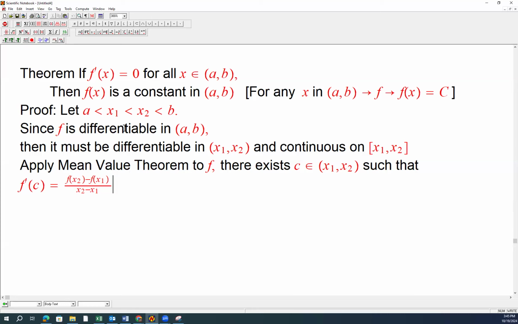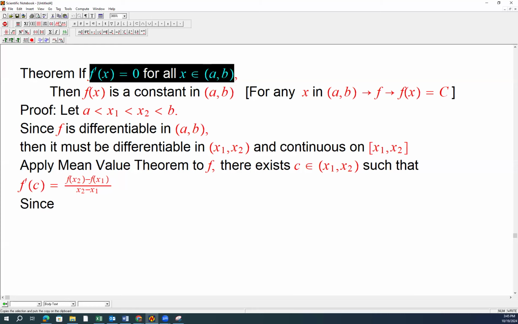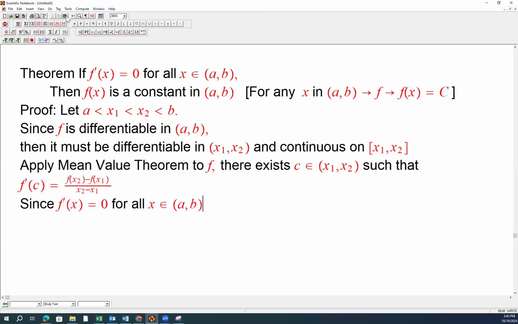Then because the derivative is equal to 0, since the derivative equals 0, then the derivative at c is also equal to 0. Since this condition is true for all the values in the interval, and (x sub 1, x sub 2) is a subinterval,